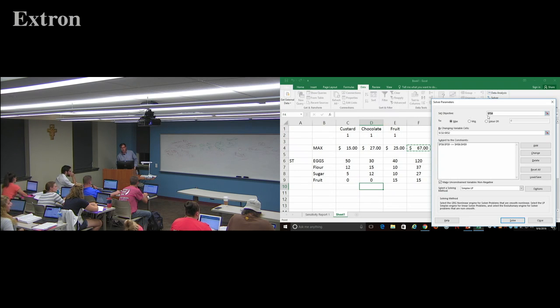Yes, okay. So I'm maximizing F4 by changing variable cells C2 to E2, and F6 through F9 less than or equal to H6 through H9. Because I added it in the middle, it adjusted everything over for me appropriately. If I click solve,